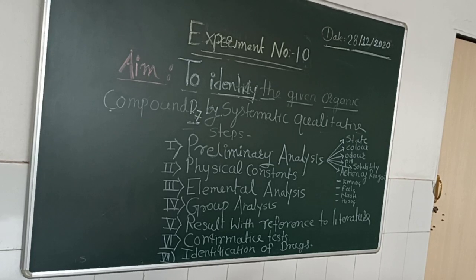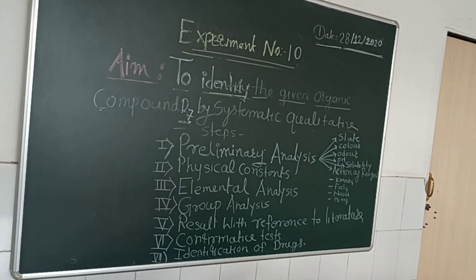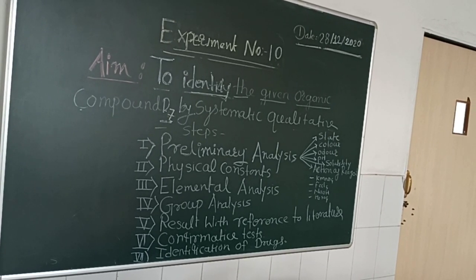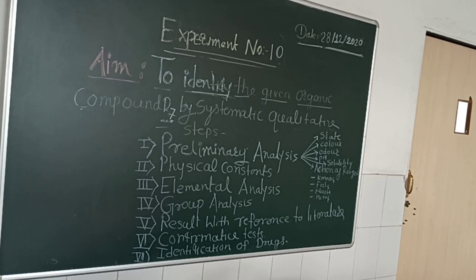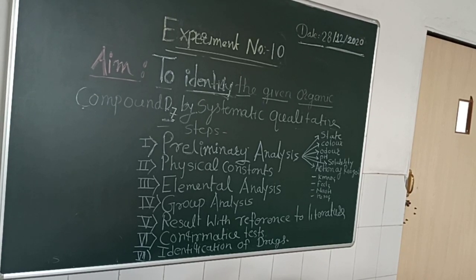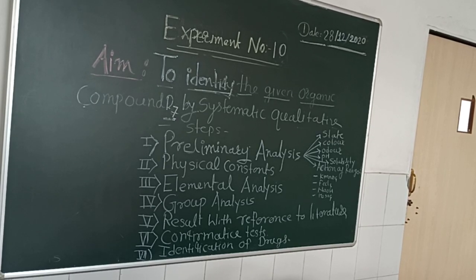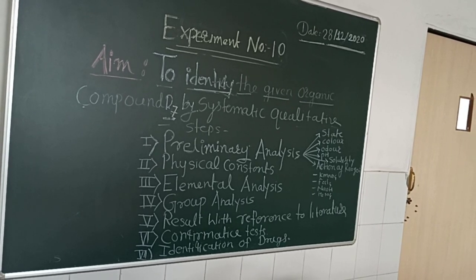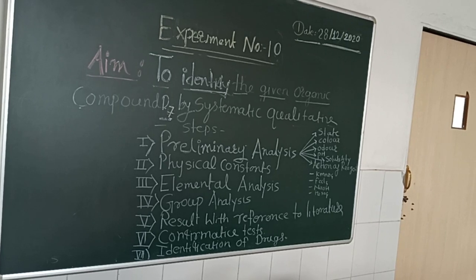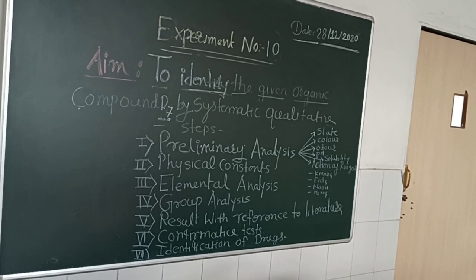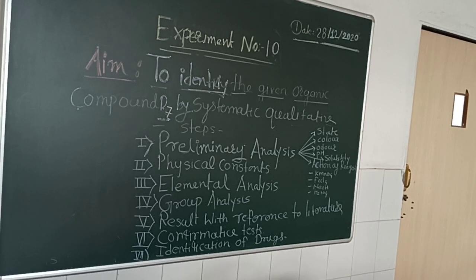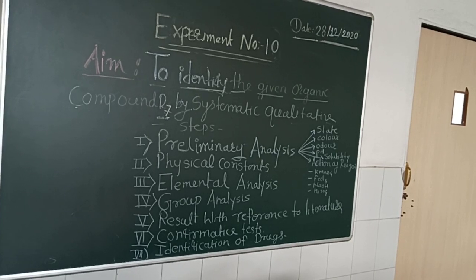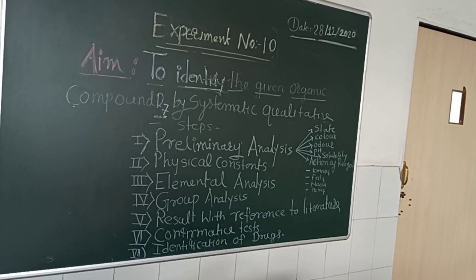See the next step, that is elemental analysis. You know the procedure for elemental analysis, that is the sodium fusion test. We have to perform the sodium fusion test and prepare the Lassaigne's extract. You have to take that extract and perform different tests like test for nitrogen, test for sulfur and test for halogen. You know the procedure for all these tests. We performed all the tests. It is observed that nitrogen is absent, sulfur is absent and halogens are absent. So we conclude from elemental analysis that today's compound contains only carbon, hydrogen and oxygen.